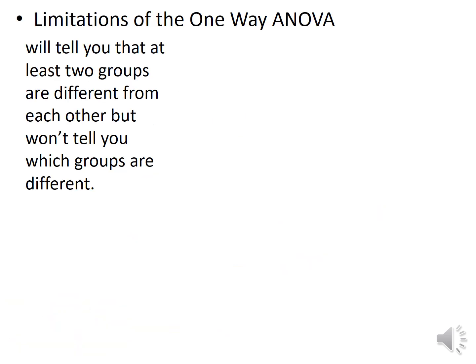So now we try to look into the limitations of one-way ANOVA. One-way ANOVA will tell you that at least 2 groups are different from each other, but it won't tell you which groups are different. So unlike the t-test, wherein the hypothesis can be